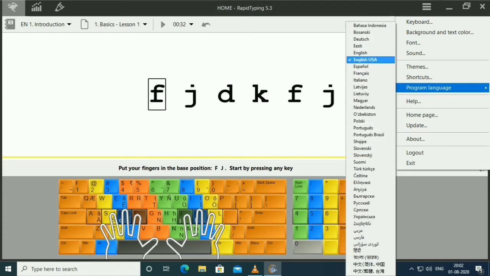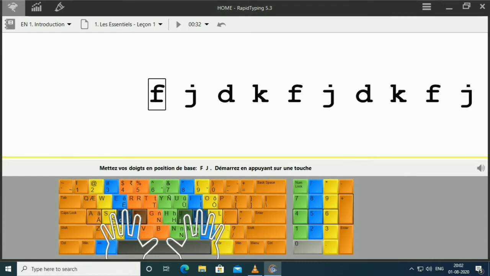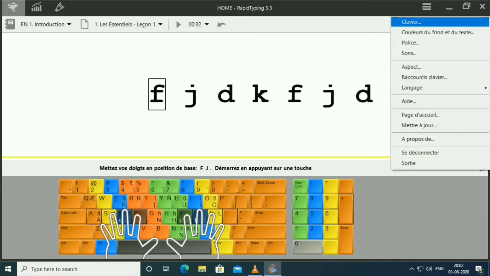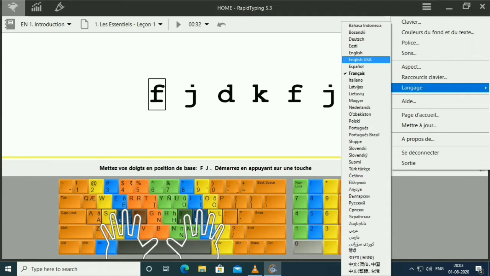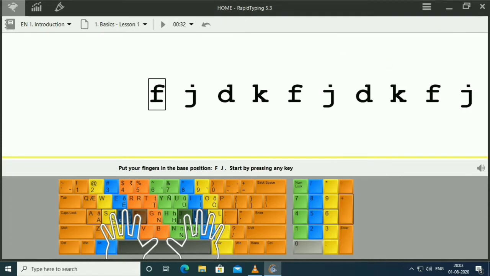If you want to check, you can check it. Now the letters are changed to that language. If you want to change back to English, go to program language and change it to English.